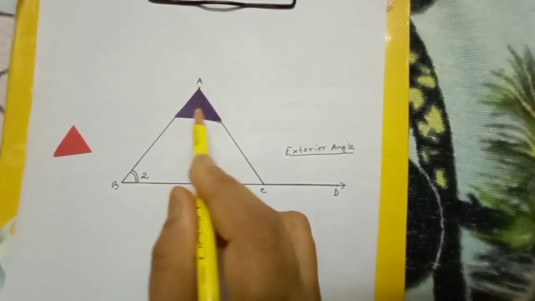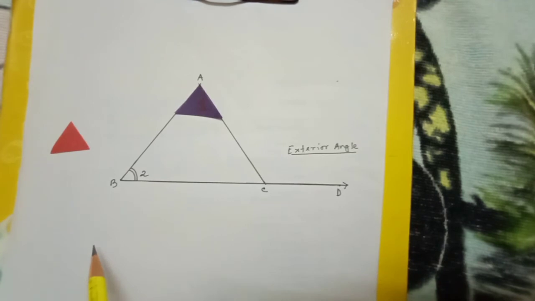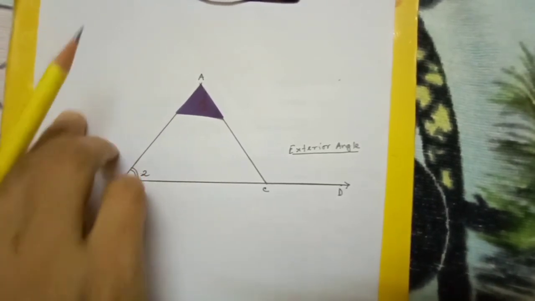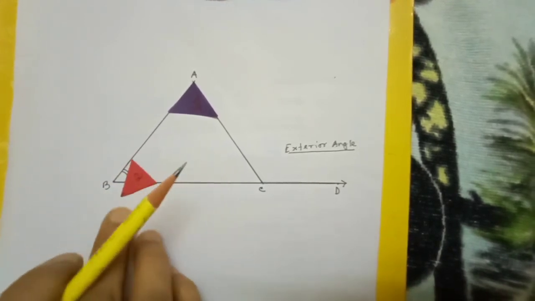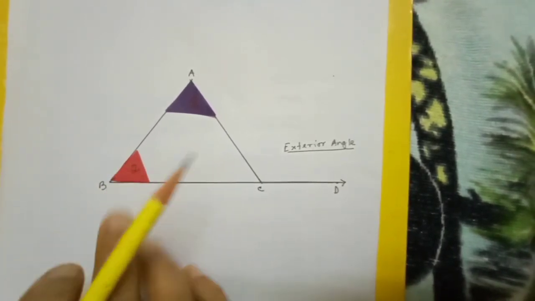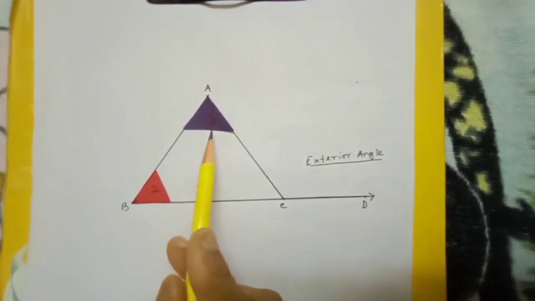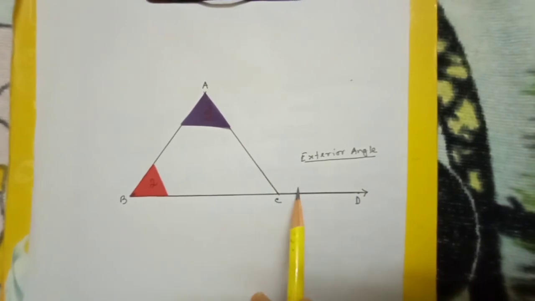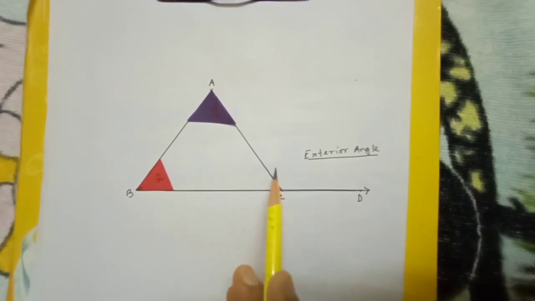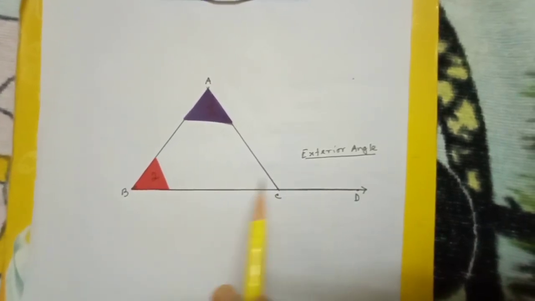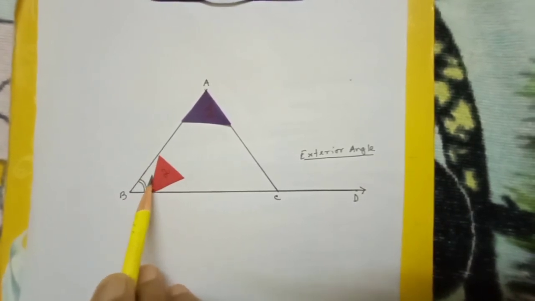I have made the measurement in this way. You have seen it before also. Is it exactly angle A? It is. And this is exactly angle B. We have marked it angle 2, and this one is angle 1. Now, if this exterior angle is the sum of angle 1 and angle 2, the interior opposite angles, then we can say the exterior angle is equal to the sum of the interior opposite angles. Let's see.